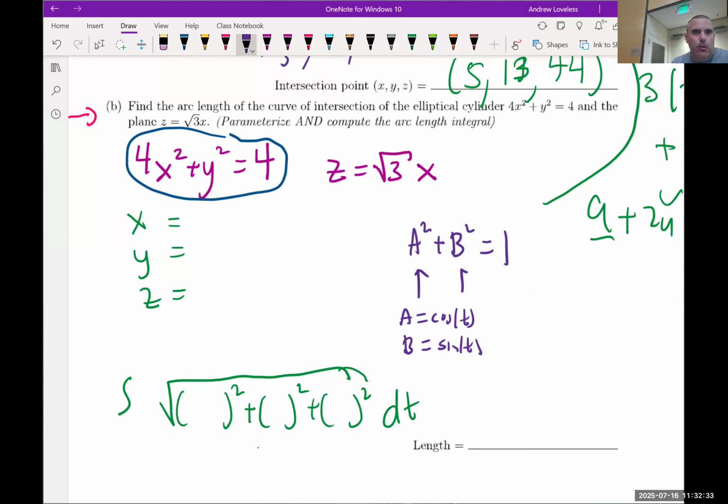Okay, let's step it up a notch. What if I make this a 9? Is there an adjustment that will give me the parameterization for a circle of radius 3 instead of radius 1? There's a small adjustment we can make. What is it? You put a 3 here,